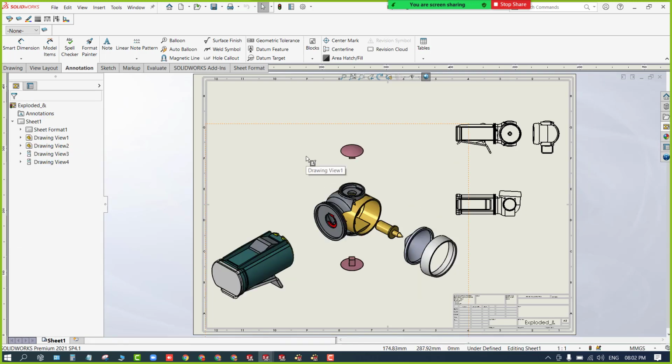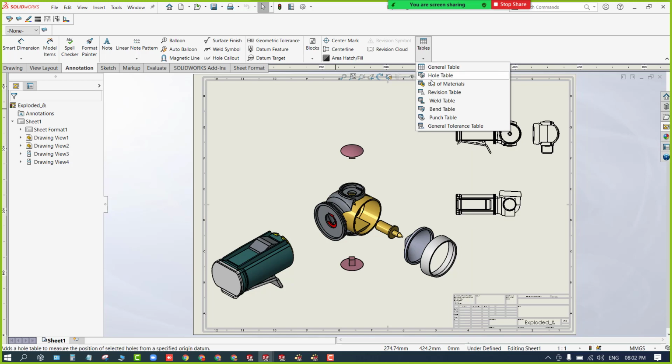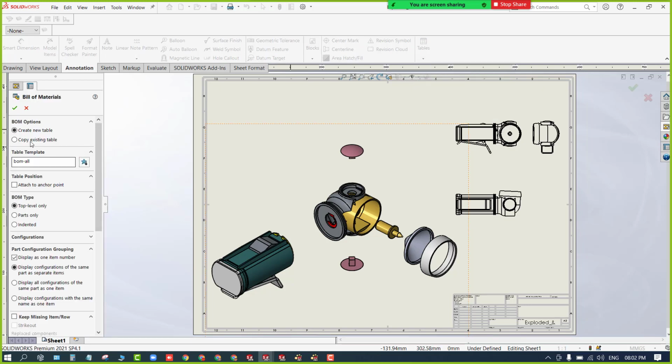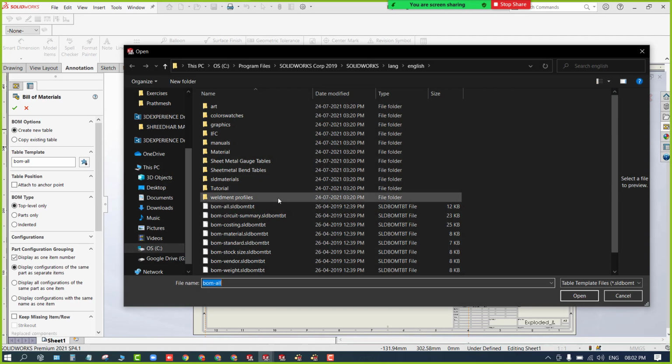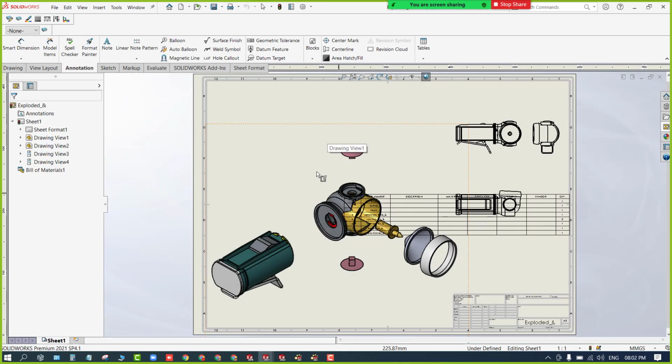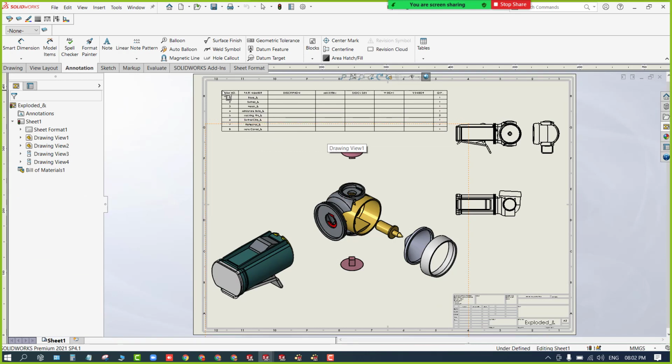Now I need the BOM table for this. What to do, you can use this tables. Okay, select bill of materials, select the assembly. From here you can select the template. So standardized templates are available, you can use any of these. Green check, the table will be created accordingly. Okay,